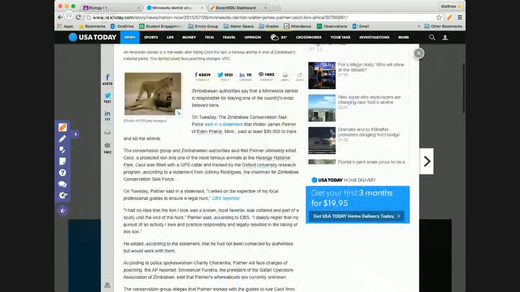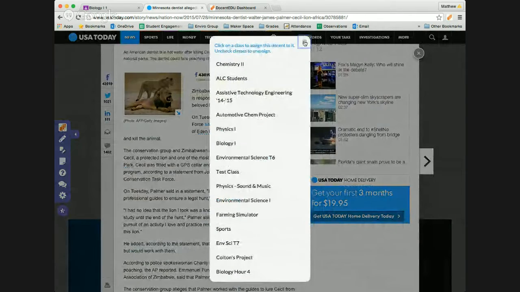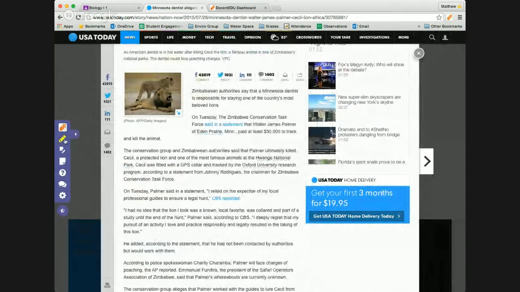And so this is your toolbar over on the left-hand side. The icon is for assigning to your classes. You choose which class you want to assign to. The highlighting tool and this little annotation highlighting tool work together. And so for this,